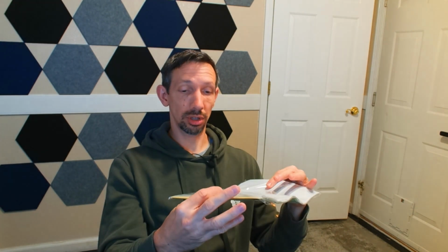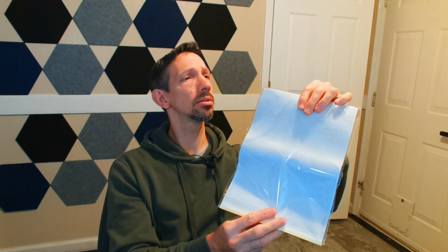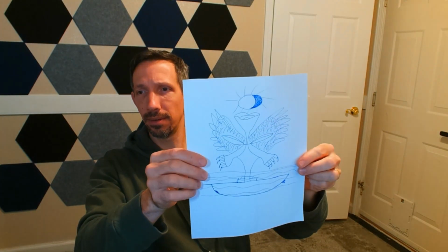Looks pretty straightforward. I'm going to show how to use this. Also comes with this paper. Looks to be about 10 sheets of that, so that's kind of nice. And I've dipped into my creative side and